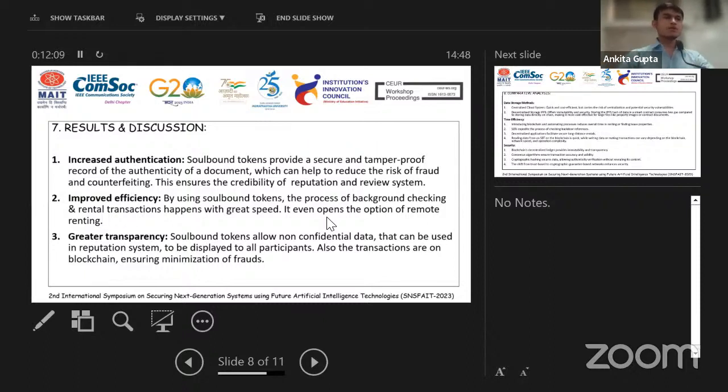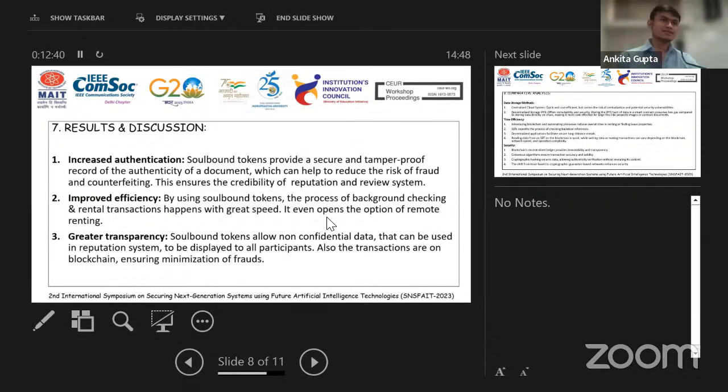And it hasn't been implemented, but if important documents like an Aadhaar card or something like that could be linked to it, then not many fake accounts could be made. Like if I go right now, I could make multiple accounts on MetaMask. But if I have a soulbound token linked to an account, then that won't be transferred. Property can be transferred, then money. Sir, not for property. That's why for property I am using